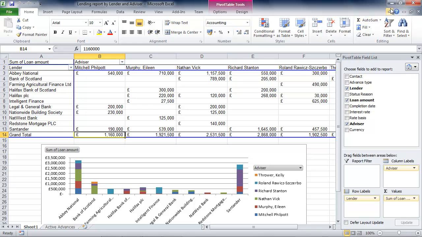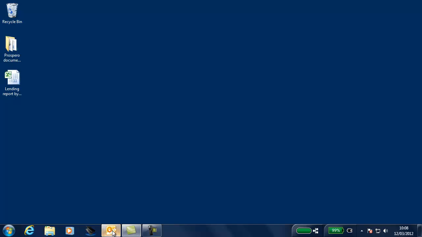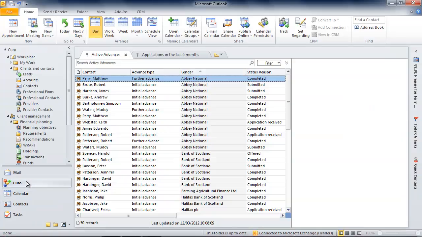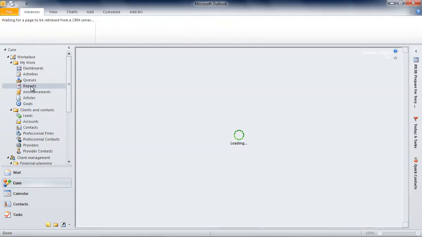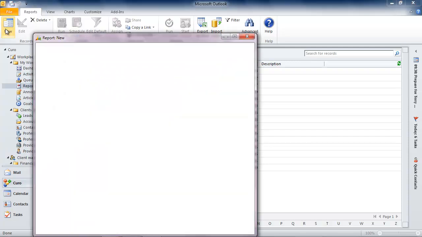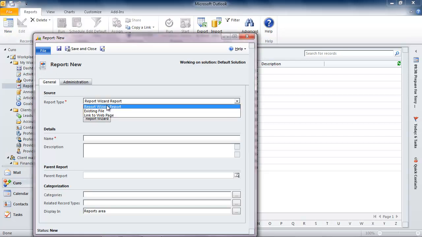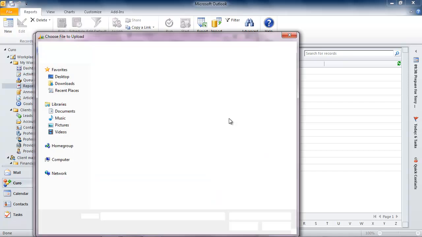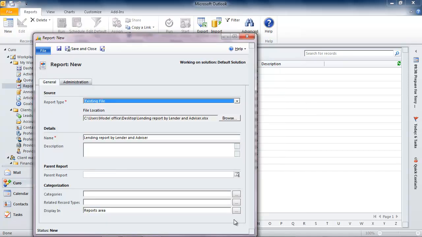Now, whilst I might not mind the odd interruption whilst I'm on holiday, wouldn't it be better if I were to empower Jane to obtain her own report, and perhaps others within the business to produce theirs, obviously based on the records that they were entitled to see? If I return to CURO and select Reports, I can add a new report, and rather than select the default option, which would enable me to step through a wizard to create a new standard printable report, I simply select Existing File instead. That enables me to select the Excel report that we've just been looking at, but this time,